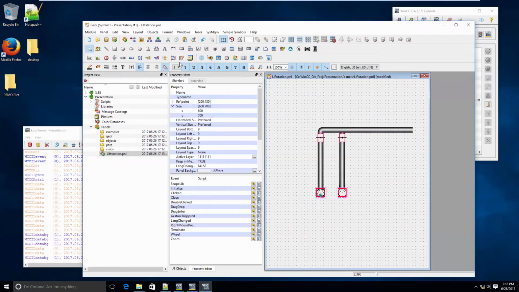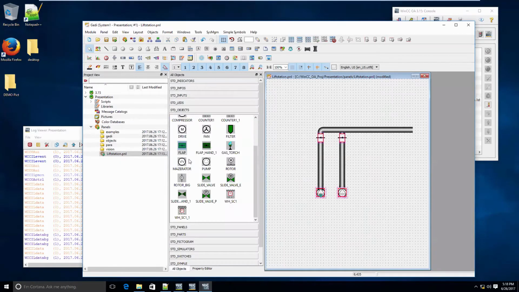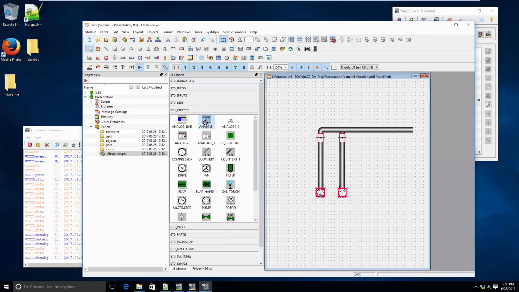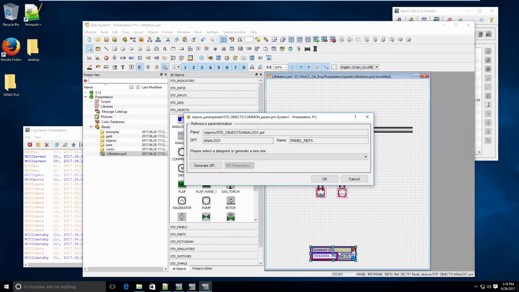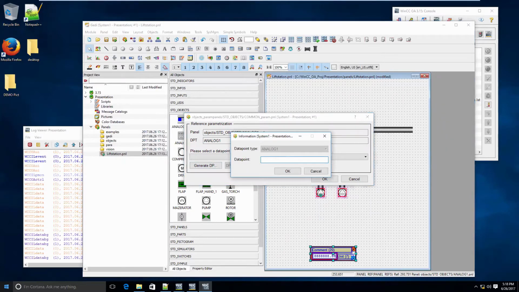That looks good. One of the other things we need to know about a lift station is level. What is it? How full is it currently? So let's add another object here, and this will be an analog object. And from here, we'll generate